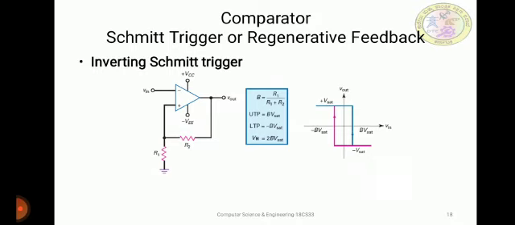Next, this reinforcing property is useful. It makes the comparator decide the state of the output it wants and makes it stay there even within what would normally be the dead zone. Assume that the input voltage is lower than the reference voltage at the non-inverting pin and the output is therefore high.